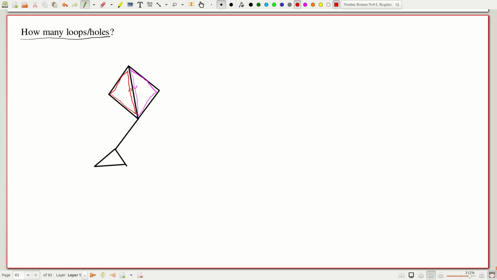The red one goes up here, and the third was the yellow one, which is not possible to draw because I can't see yellow, so let's make it orange. Okay, so here are 3 loops, and so let's correct this and say independent